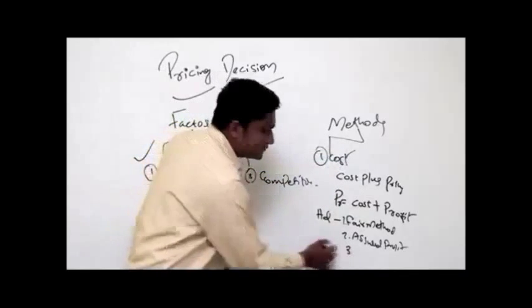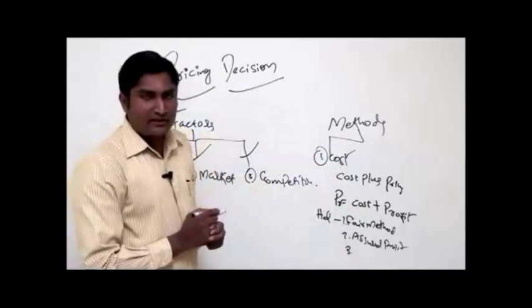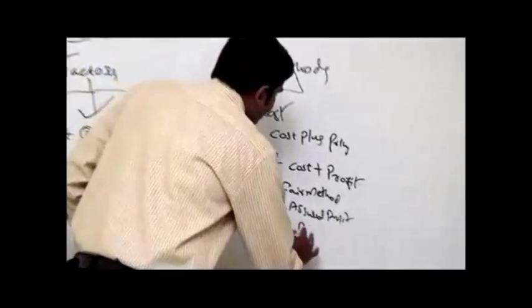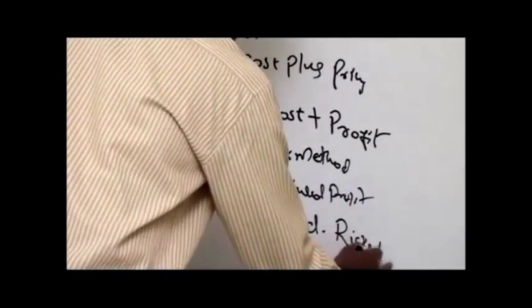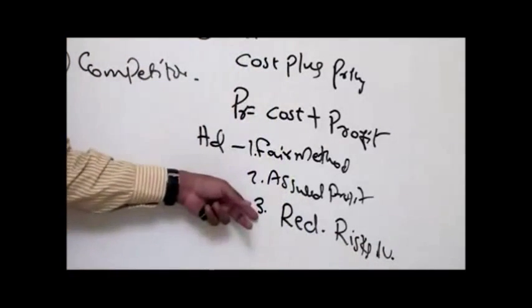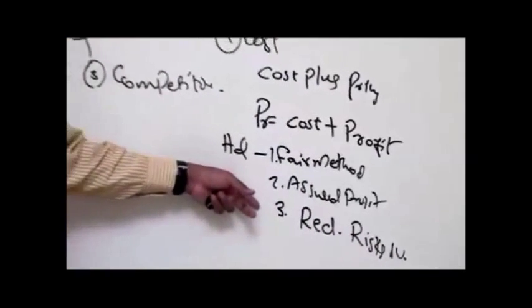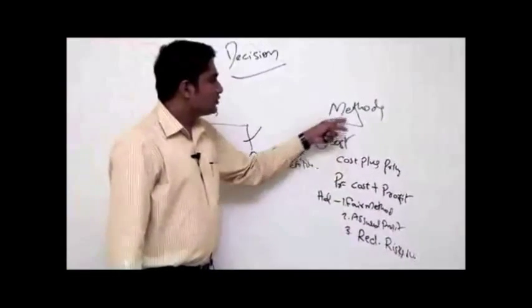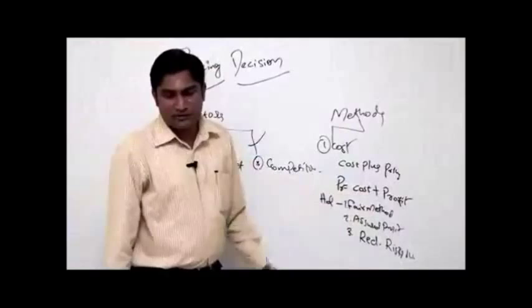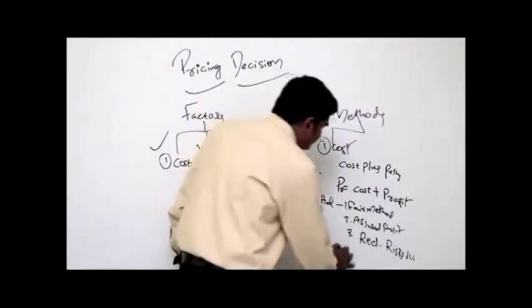And the third advantage is that it reduces risks and uncertainties. This is from the point of view of the owners. The owners will not be uncertain whether they will be getting profit or not, because the price itself is going to recover all those costs along with profit. Next one,